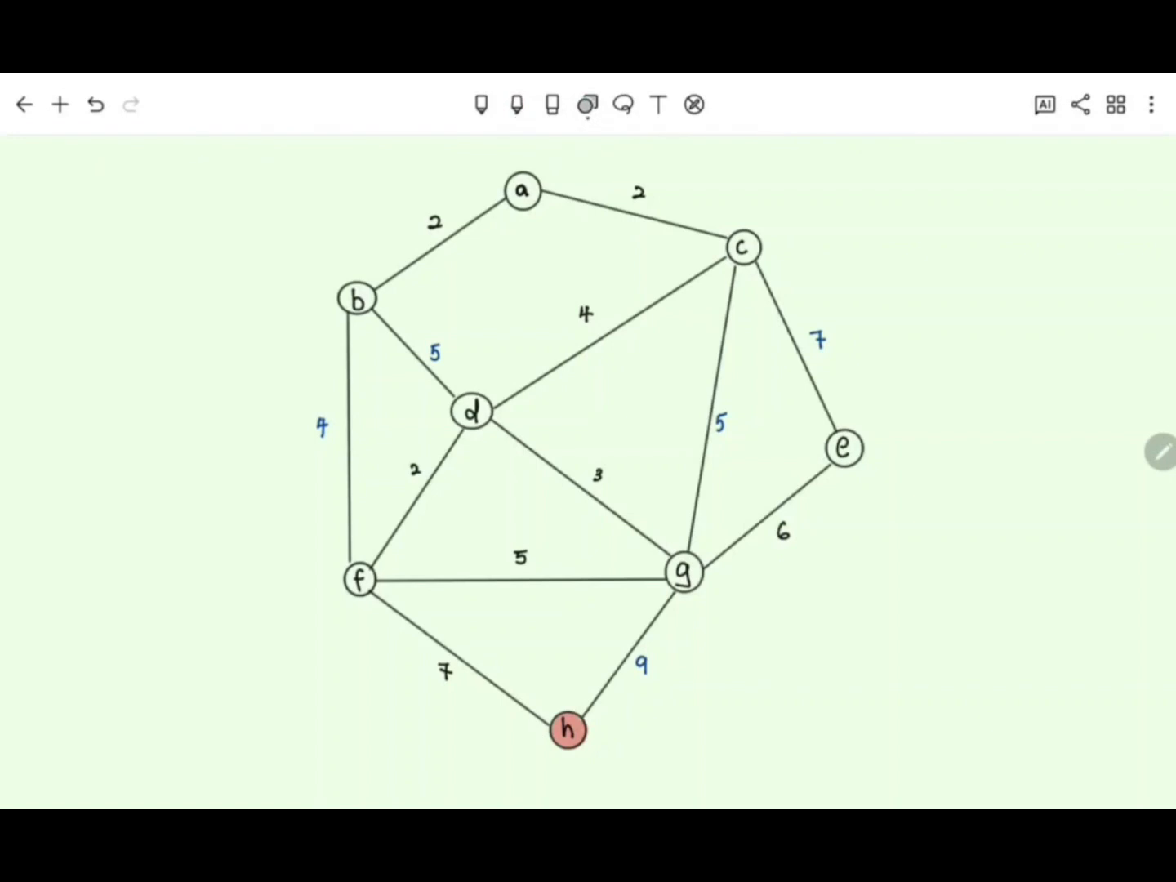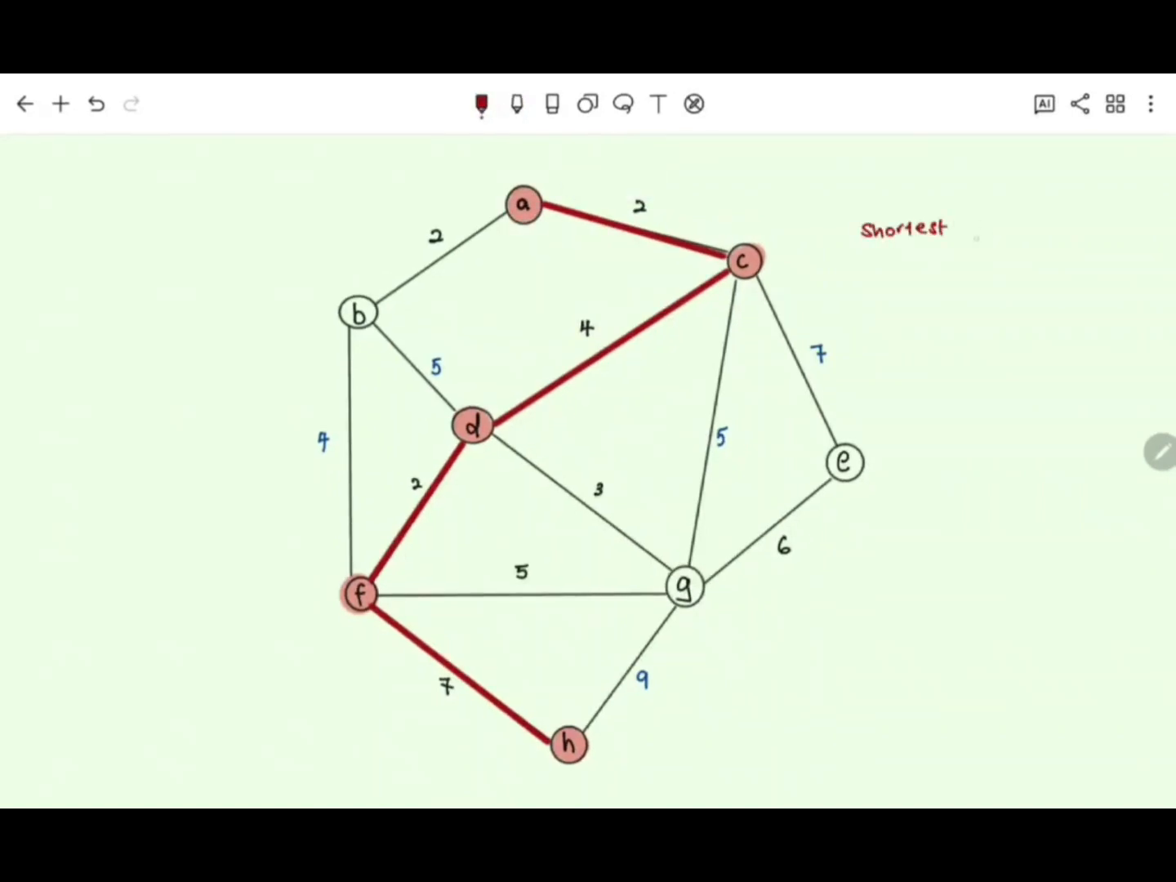The first thing, we start from vertex H, and the shortest distance is 7 to vertex F. Next, vertex D, the shortest distance is 2. Next, the distance is 4, which is vertex C. Then 2 from vertex A. And now we have found a connection from A to H that has the length 15 and is the shortest